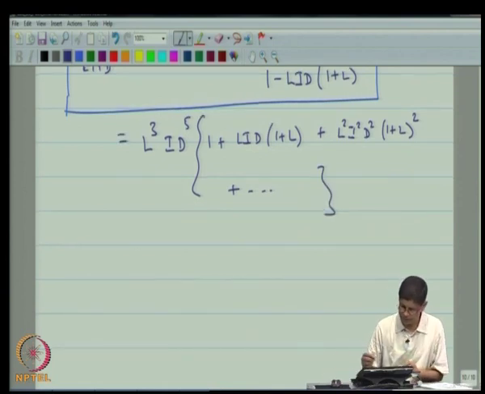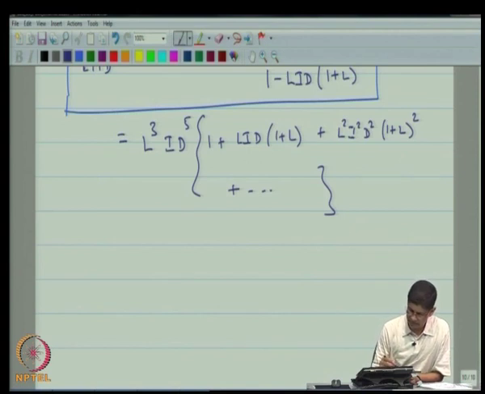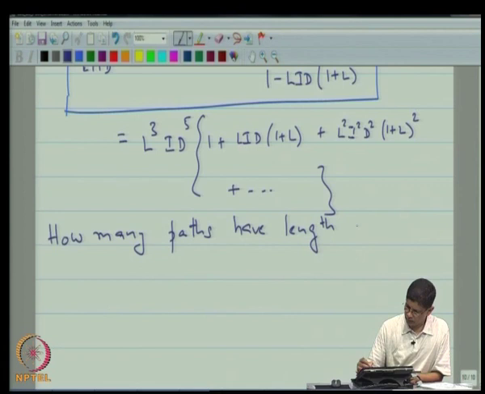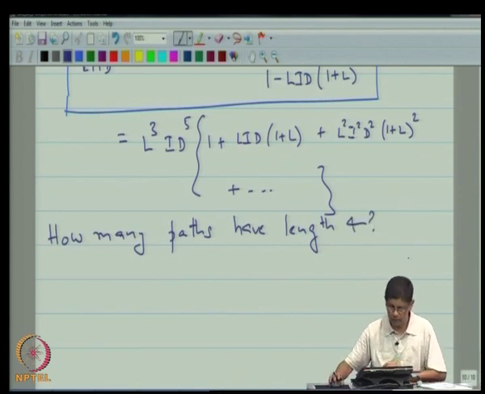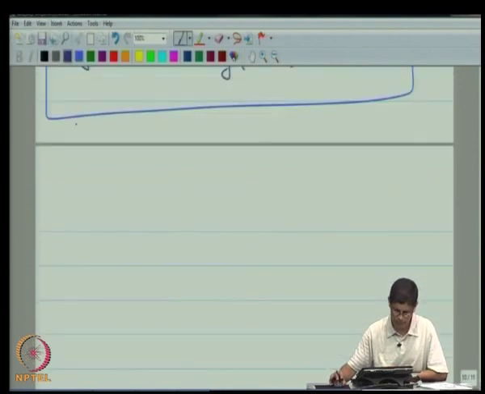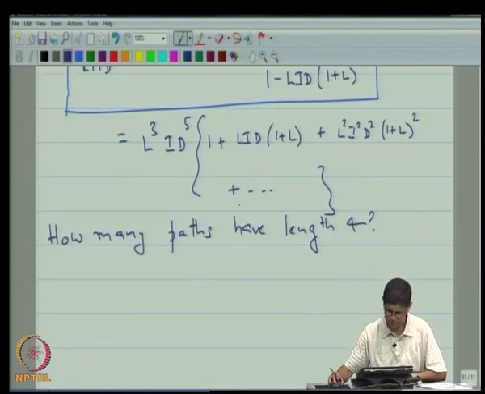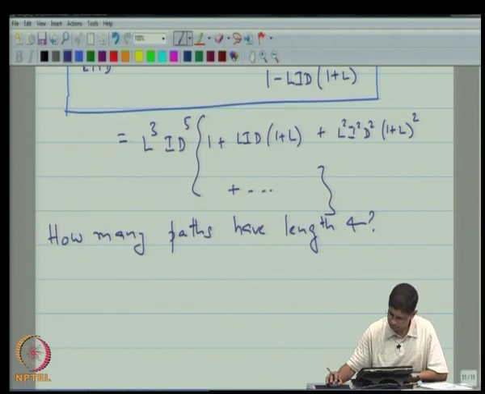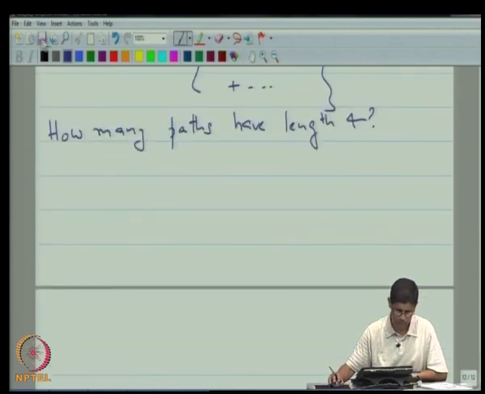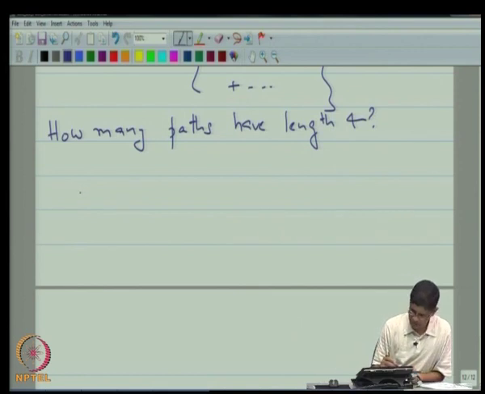Now, supposing I was interested in how many paths have length 4. So, that means that we are looking for the terms in L to the 4. So, our interest is thus